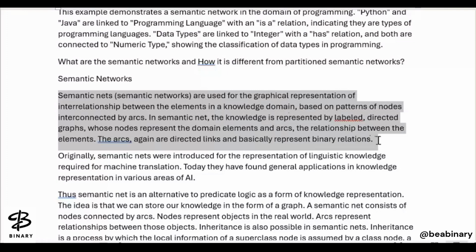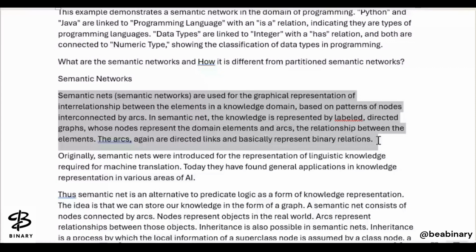Now, what elements? Yesterday we discussed the definition that it represents the linking or the relationship between the concepts, right? The different concepts here, which are represented as nodes, and the relationship between the concepts. So here we are saying that we use semantic networks in artificial intelligence for the graphical representation of the interrelationship between the elements in a particular or knowledge domain, based on the pattern of nodes interconnected